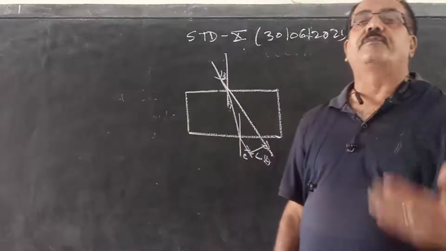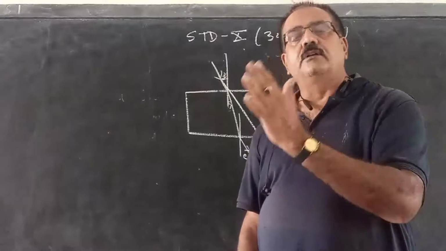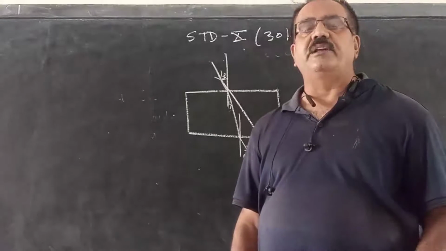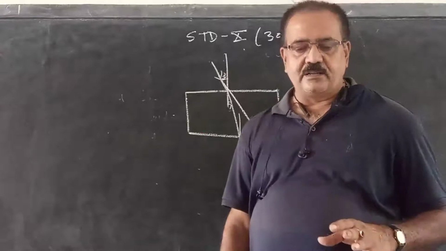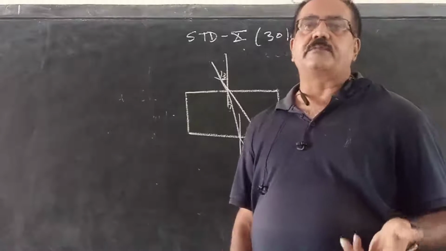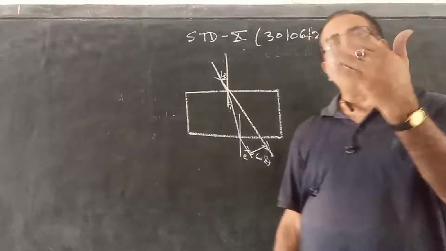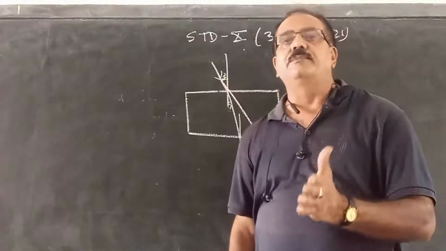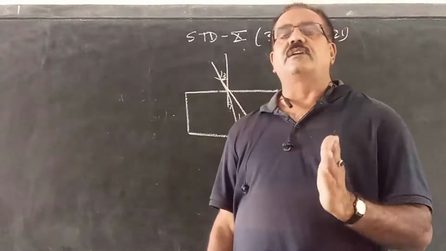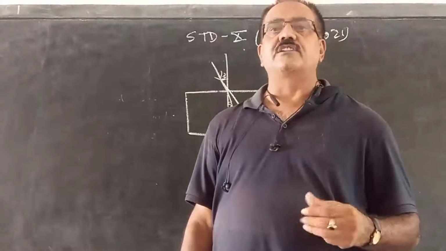And third one, the refractive index, or you can say the color or wavelength of the light, because different colors have different refractive indices. Violet has the maximum refractive index, red has the minimum. More the refractive index of the medium, more is the lateral displacement. It means for violet, the lateral displacement will be more, and for red, the lateral displacement will be less. So, these are the topics related to lateral displacement.